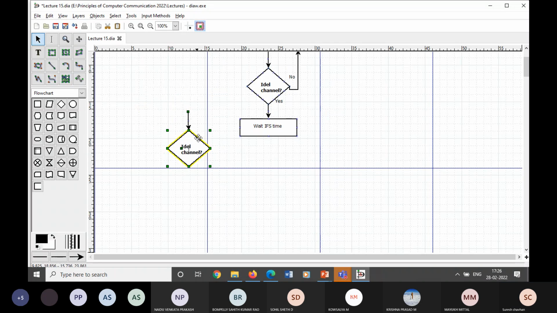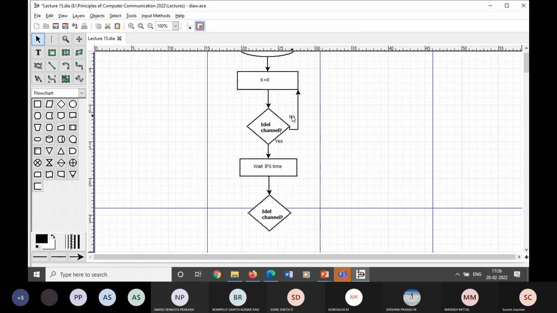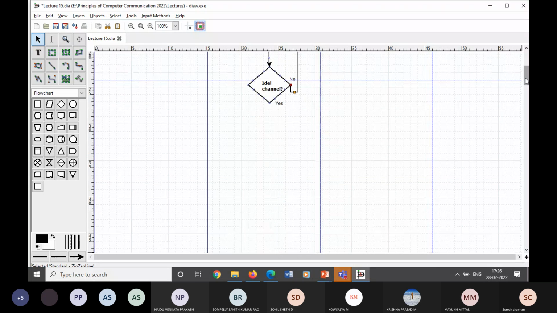again senses the channel. If it is free, we have two options here: yes or no, idle or not idle. If the channel is idle, it has to initialize the number of transmissions. And if it is not idle, okay, then